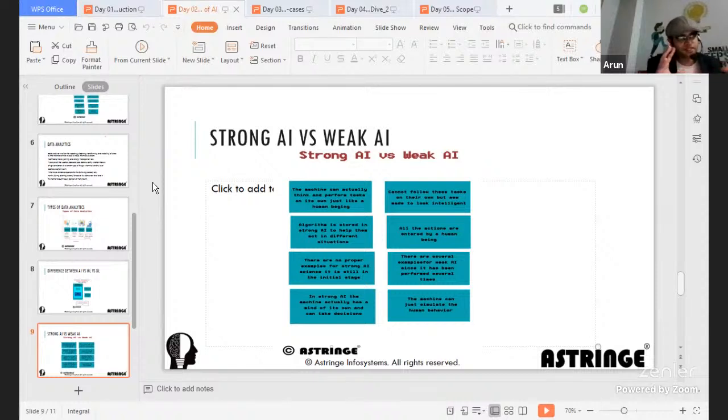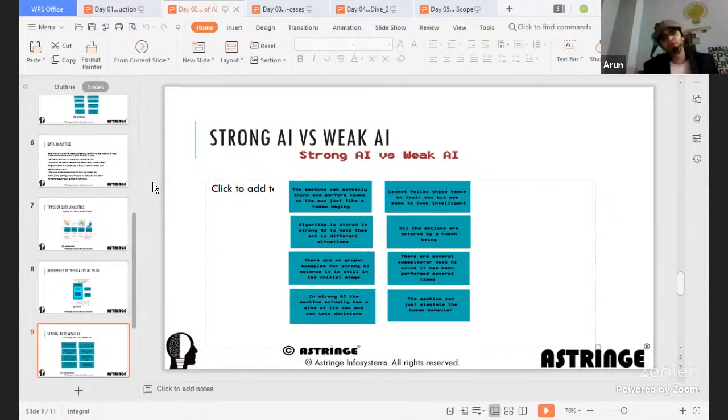So the AI becomes so strong that it is independent of the business case and use cases. Even if you give tomorrow any other use case, based on the past learning which it had in the previous business case, it tries to optimize its own accuracy. That is strong AI. In strong AI also there are multiple things like artificial general intelligence and artificial super intelligence, and we'll not go so deep. But just to give a background, general intelligence is where you can use it in multiple places.